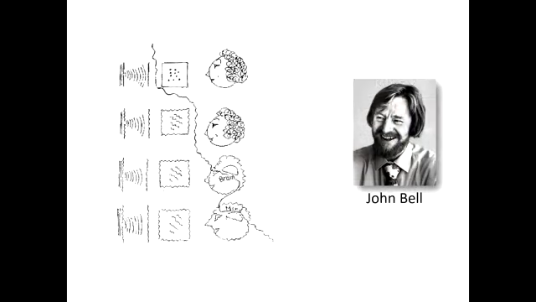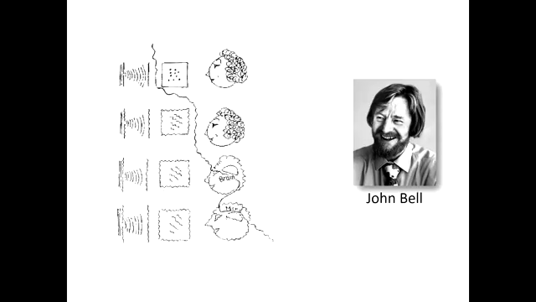John Bell made this sketch to illustrate the problem. Where does the measurement end? If you imagine that you have a photon and it goes through two slits and it hits a screen, you might have a photodetector, and then you might have a counter that looks at the number of times the photodetector goes off, and then the human eye and the human brain. All of those are physical systems. All of them are therefore quantum.